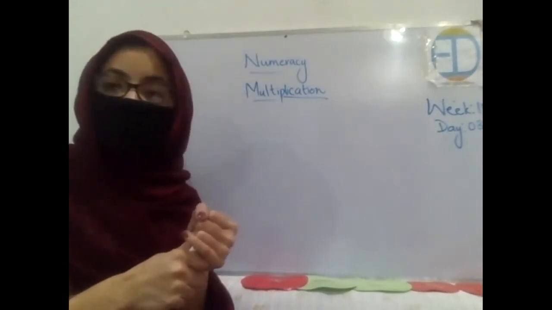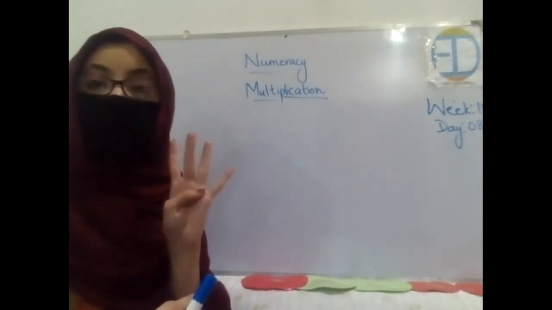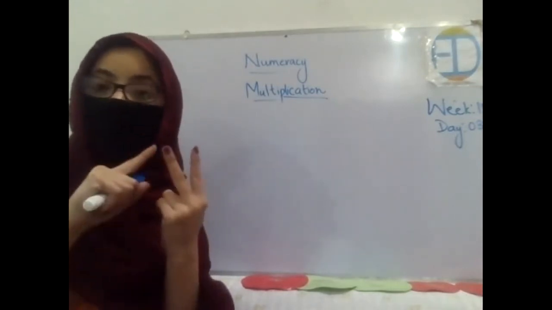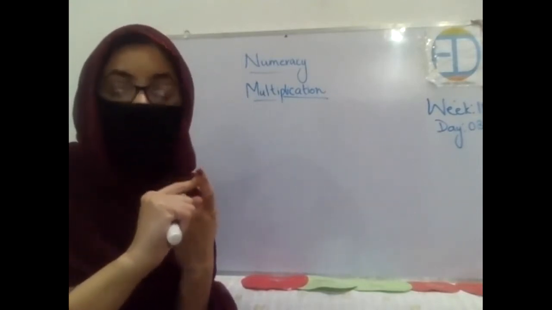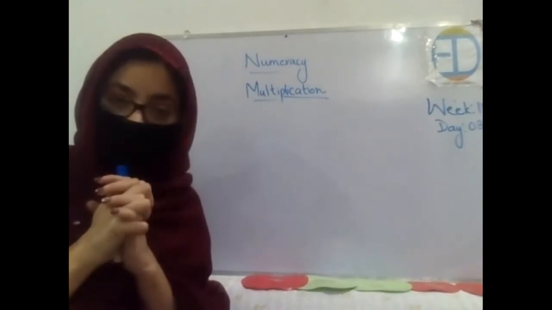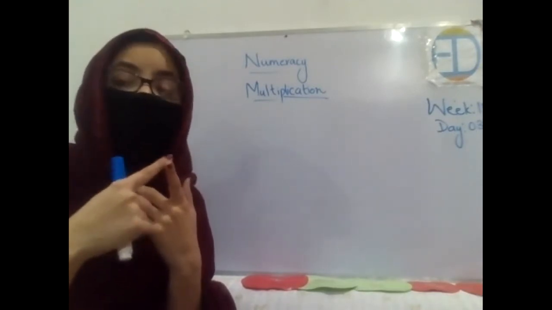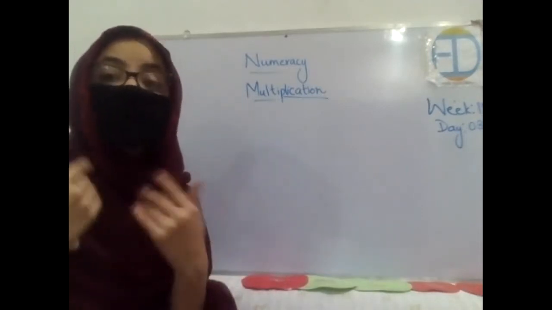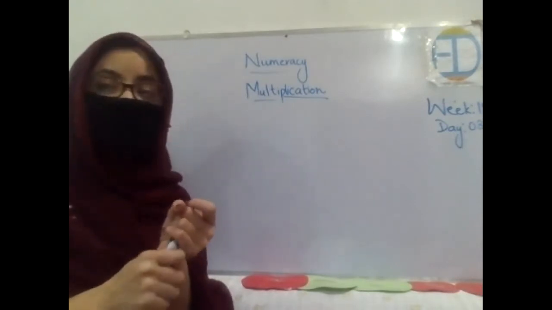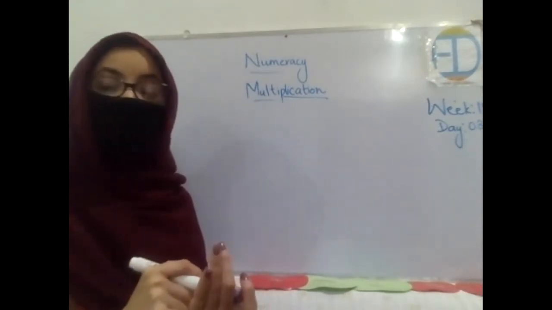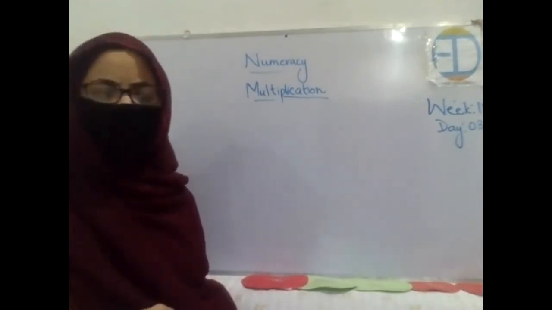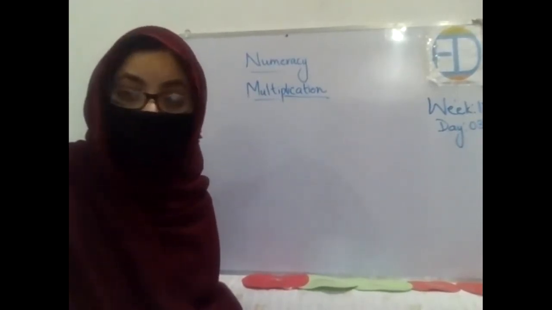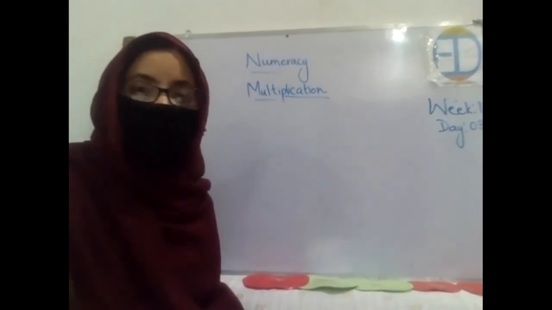So remember when we were discussing number operations, you guys told me that there are four number operations in mathematics, right? And we have discussed only two so far, and that was addition and subtraction, right? So addition means putting things all together, and in subtraction we subtract one number from the other number in order to find the difference between the two. Got it? Now in today's class we will be doing a third number operation, that is multiplication, right? So we will together learn what multiplication means, how do we solve it, and what are the steps involved in it, right? So I'm going to share the screen with you.